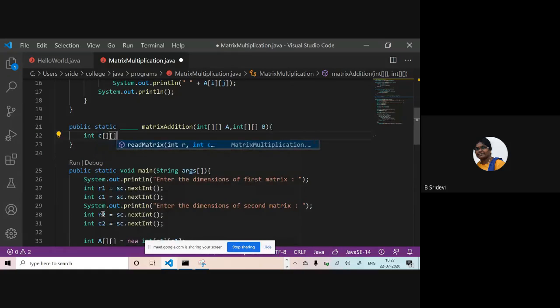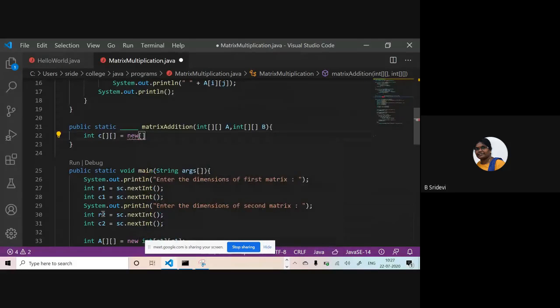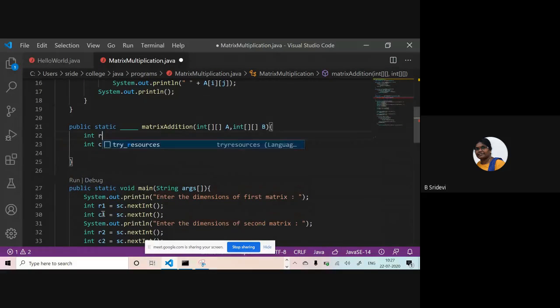So to put the sum, you have to create one array of some size. You do not know the size. How to get the size? Number of rows is A dot length. Number of columns is A of 0 dot length. Otherwise, if it is confusing, you can do it like this. Int rows of my answer is A dot length.